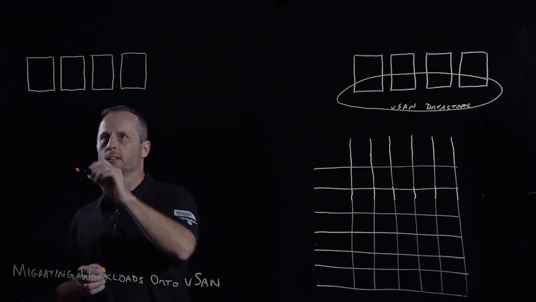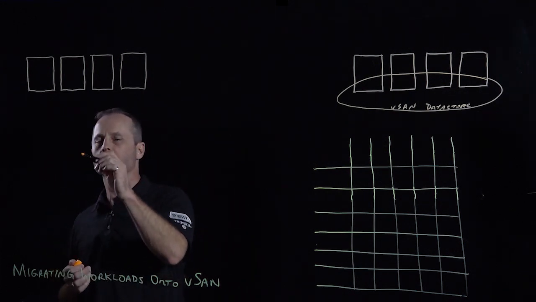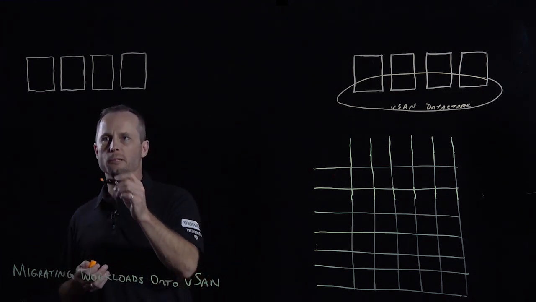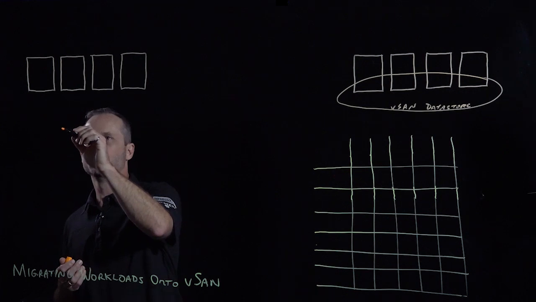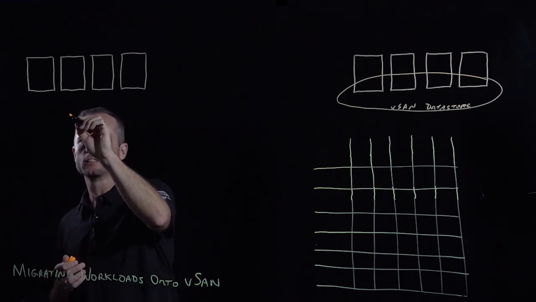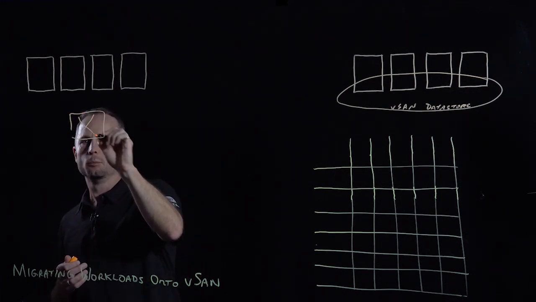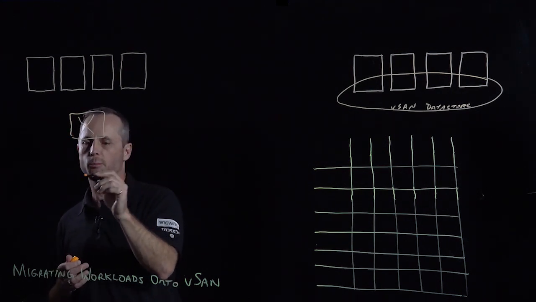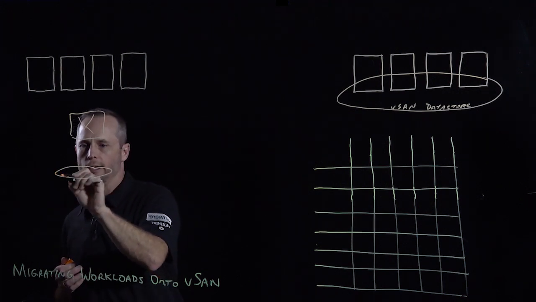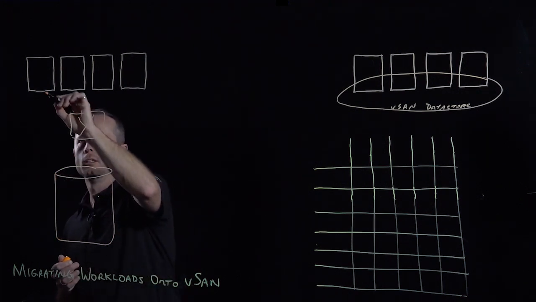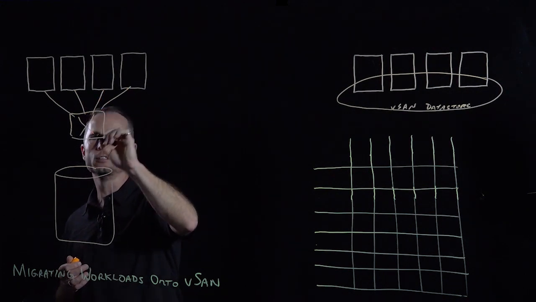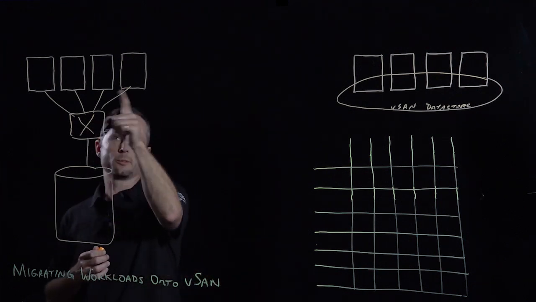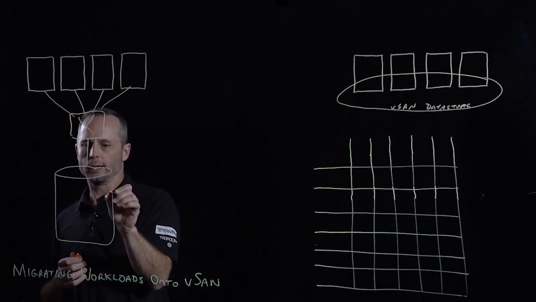On the left-hand side here, I've got my existing environment. For sake of argument, let's go with an environment that's a typical fiber channel setup. And yes, there's going to be redundancy in fiber channel, but most fiber channel environments are going to have some kind of switch fabric, multiple switches perchance, and one or more storage arrays. So all these hosts are connected in some form through the switch to the storage array. In order to present my data store, I create a LUN,